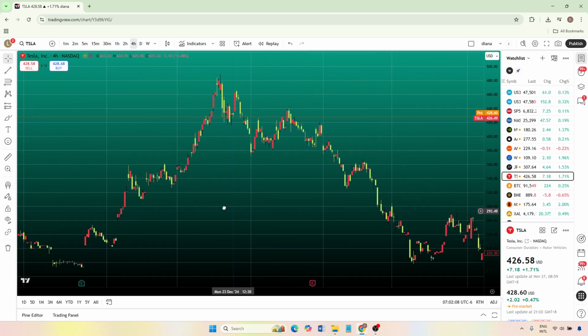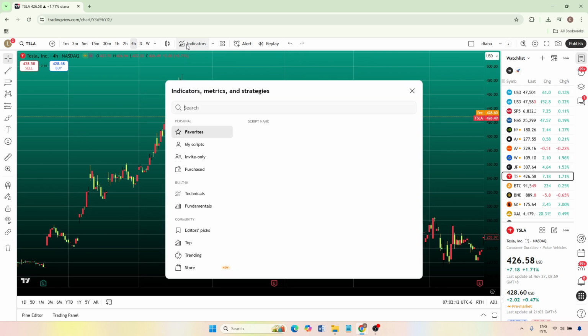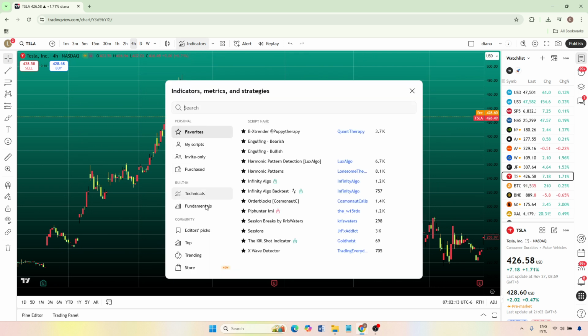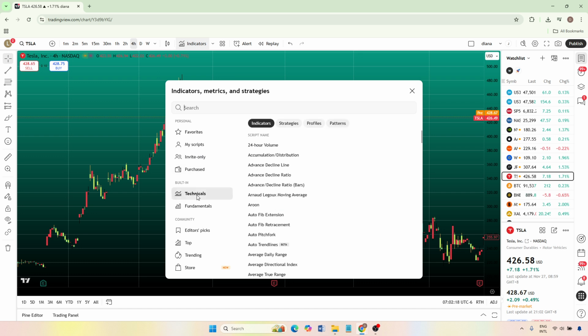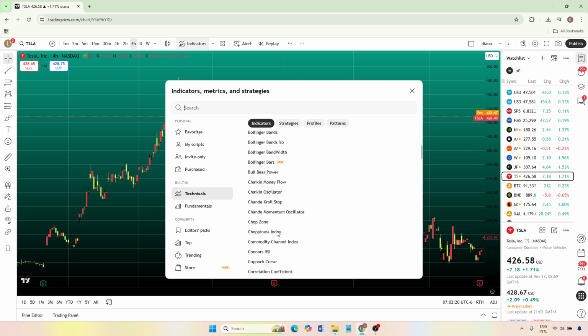Once your chart is ready, go to the top of the screen and look for the indicators button. This is usually near the top toolbar above your chart. Click on indicators to open the indicators menu. Inside this menu, you'll see different categories and tabs. To keep things simple, select the option labeled Technicals. This section focuses on technical analysis tools and is where you'll find most of the commonly used indicators traders rely